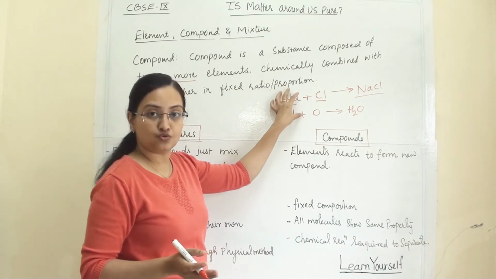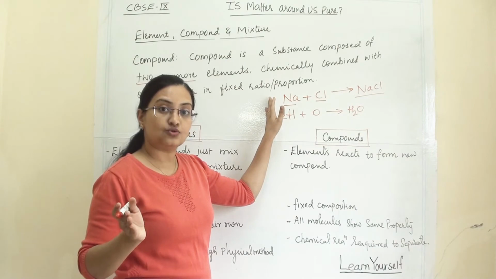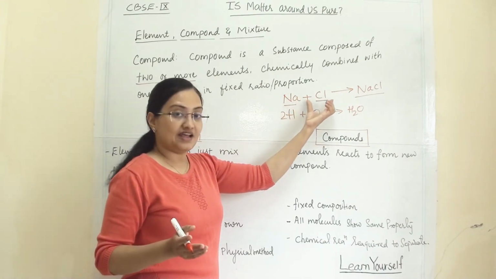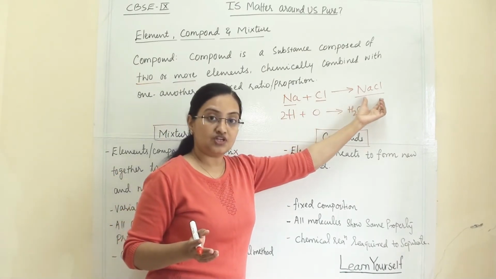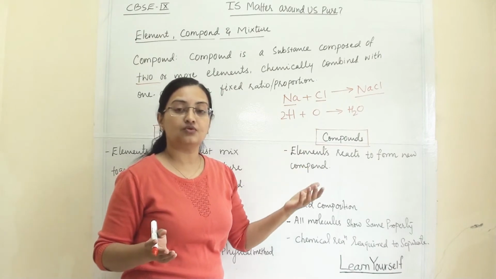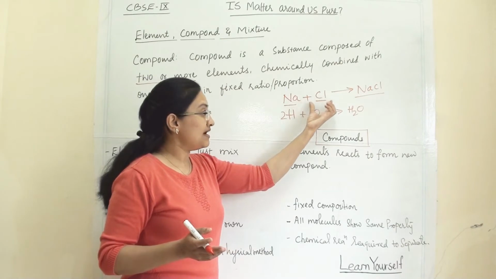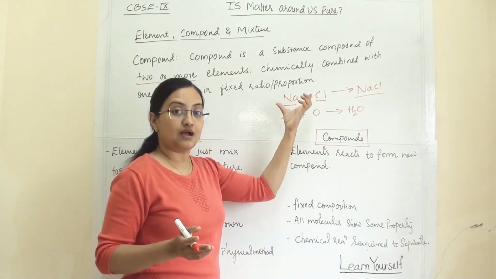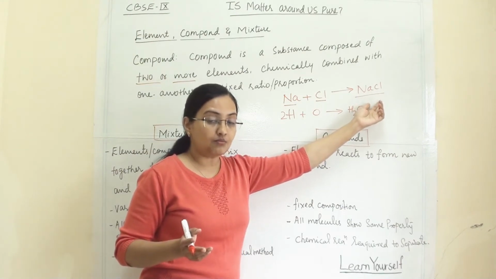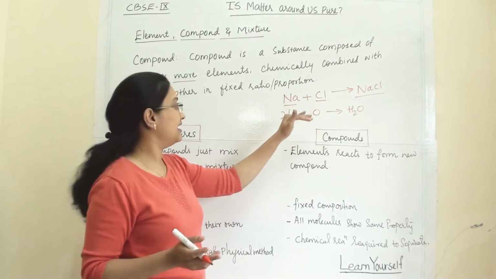If you see sodium, when it comes in contact with water, sodium will start burning. So this sodium will attach with chlorine and give us sodium chloride, which dissolves very well. You can dissolve sodium chloride in water and it is edible also. So when elements undergo a chemical reaction and give a chemical compound, that compound has a completely different set of properties compared to its elements.